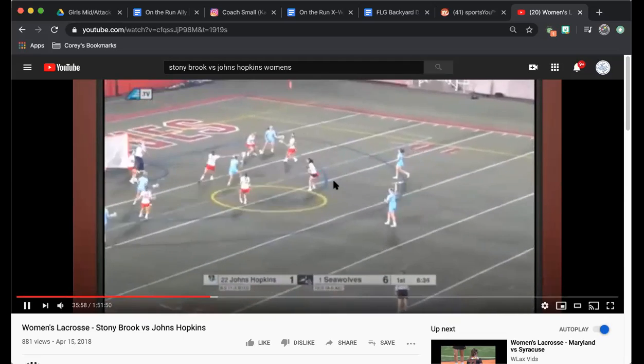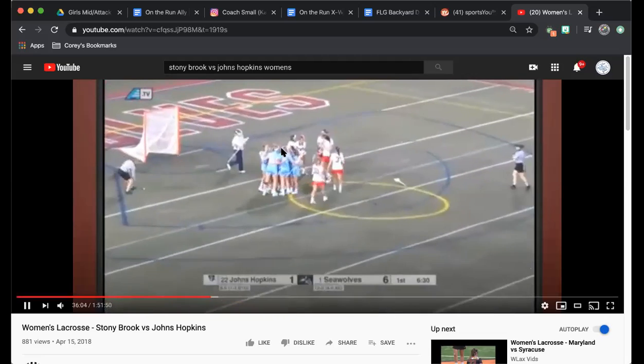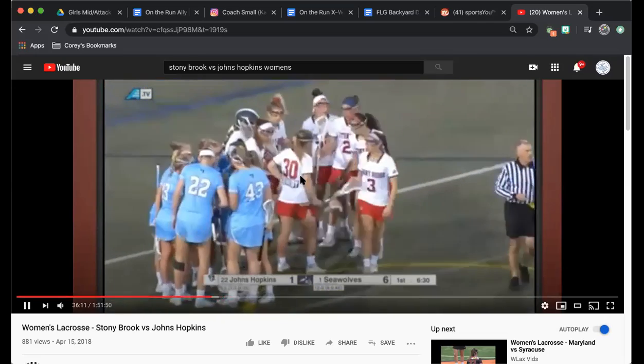All right, so we're gonna watch Stony Brook's D a little bit here. That was a nice goal. It was a look inside. So if a team's playing zone like Stony Brook, a lot of times you want to work to get those shots in and around the crease, which